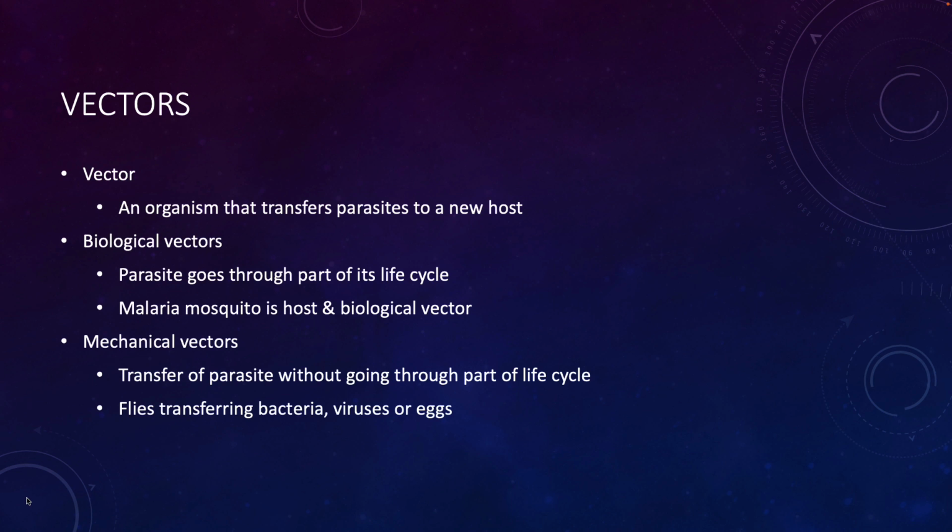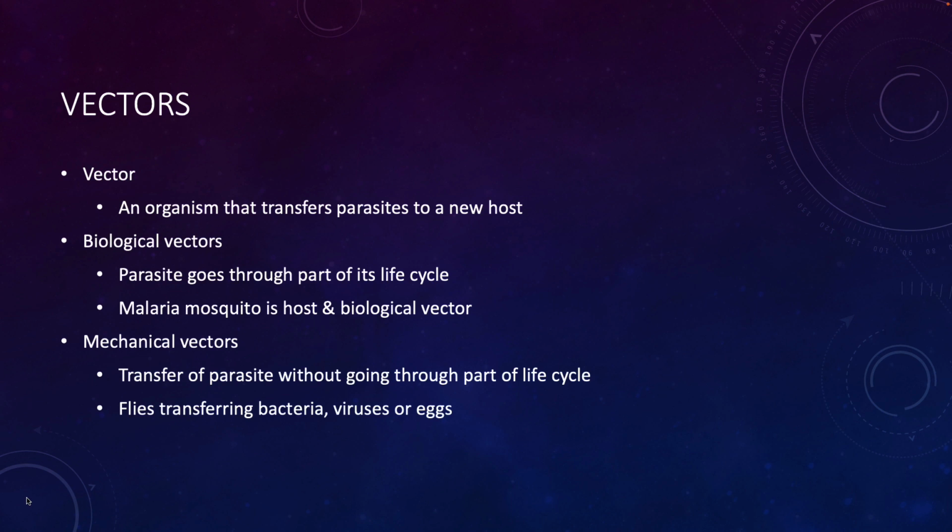So a vector, when we use the term vector in biology, we're talking about an organism that moves parasites from host to host. Generally, especially in this section of the class, we're talking about insects or ticks, other arthropods. And when we have a mosquito or a fly or a tick, we can even further break them down. Sometimes, for example, you have to be bitten by the mosquito in order to get the parasite.